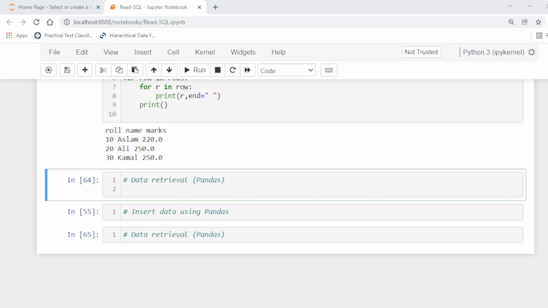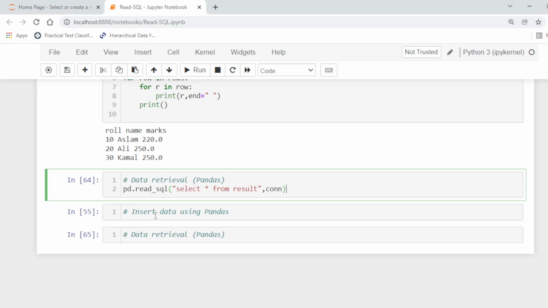So in this way, for example, we are going to select, so this is very simple. In a very short way we can retrieve. Here we are going to use read SQL. Read SQL queries a database table into a data frame.